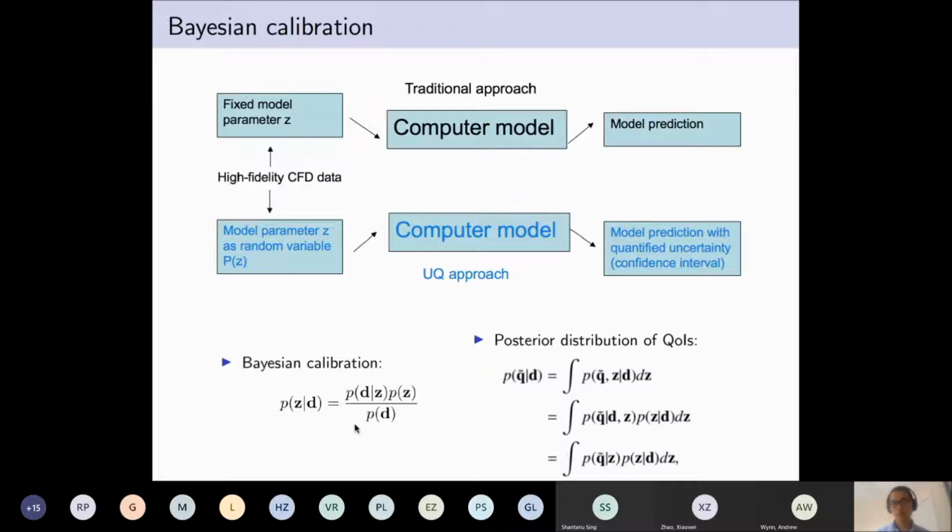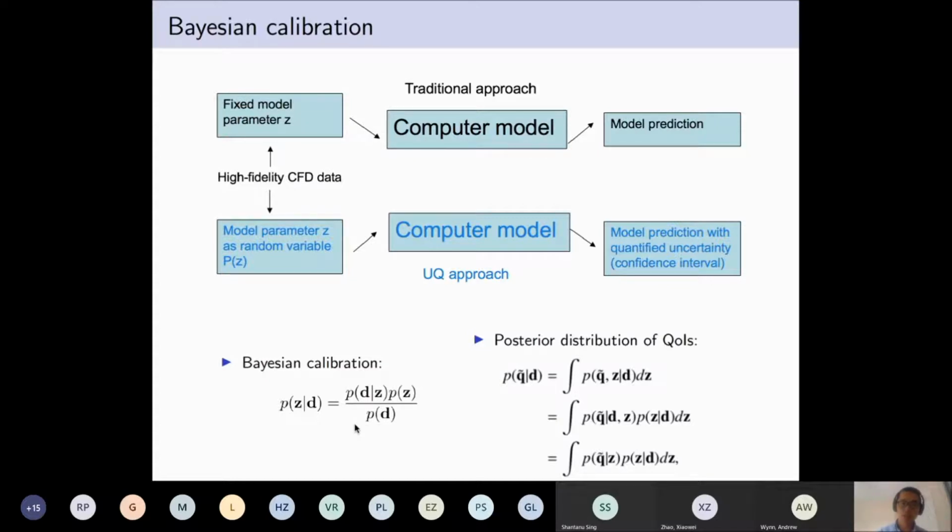In order to make model predictions with quantified uncertainty, for the first time we introduced the Bayesian UQ approach in wake modeling. We model the parameter Z as a random variable, so it can be characterized by its probability density function Pz, and we use the Bayesian calibration method to obtain the posterior distribution of Pz.